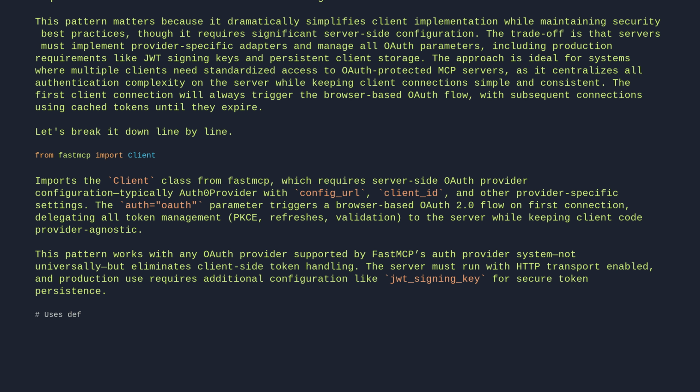# Uses default OAuth settings. async with Client("https://fastmcp.cloud/mcp", auth="oauth") as client: